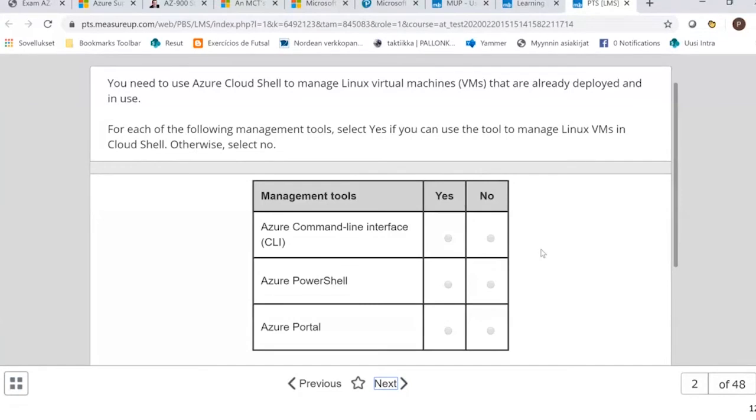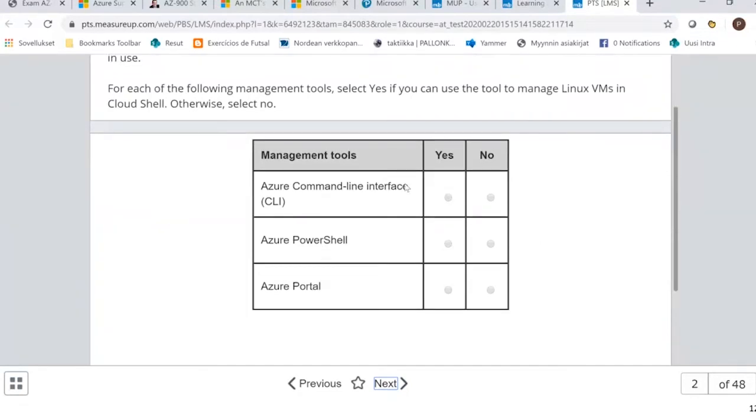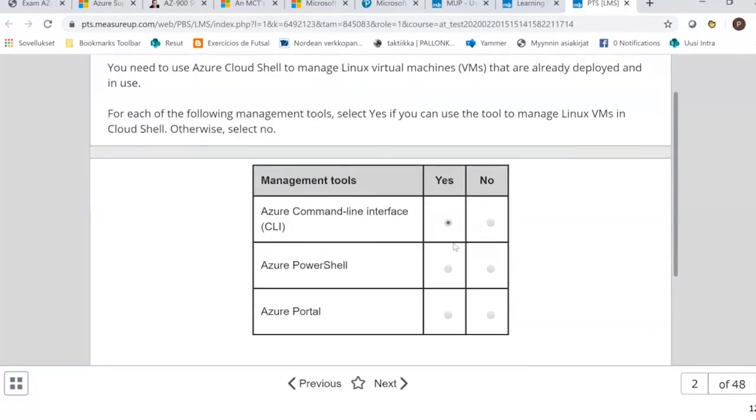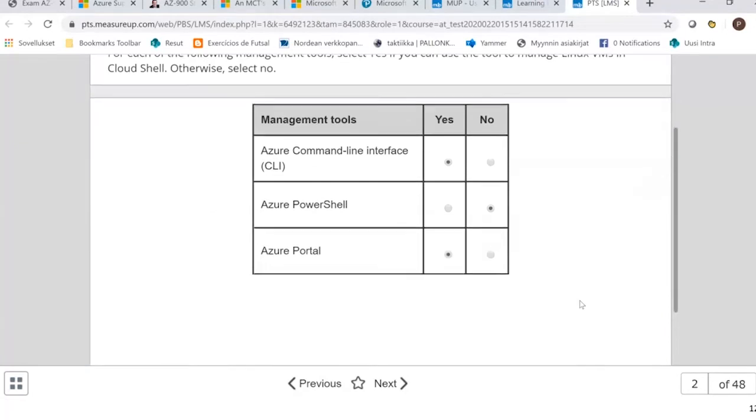There are questions, and this is good to know when you go to the official exam. If there is a question with multiple answers, like this one, there are 3. The score is not going to be just 1 point or 0 points. It's probably going to give you 3 points at maximum. But if you select one wrong, it will still give the points for the correct ones. So it's good to know that if there are multiple options to answer, like here, it's more than a 1 point question.